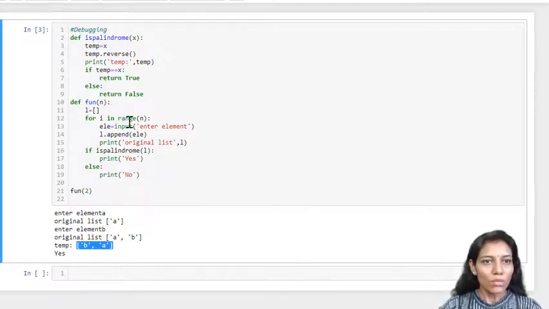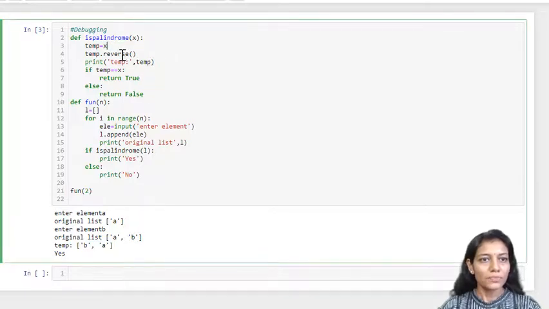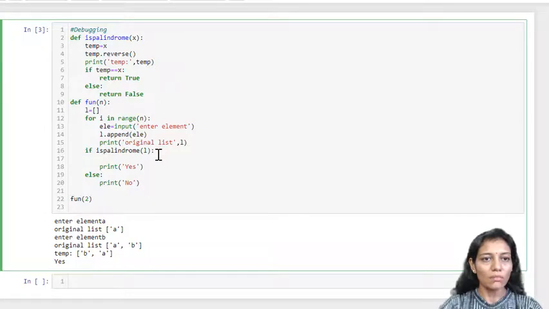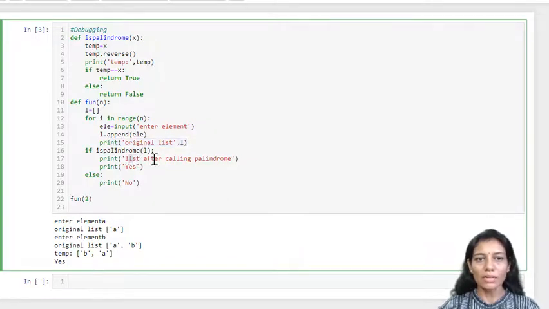If you see over here, after reversing, your temp is reversed, and let us see what your list is after calling the palindrome function. So, list after calling palindrome function. I hope you are understanding that this is before calling the palindrome, and this is after calling the palindrome, because something wrong happens over here.